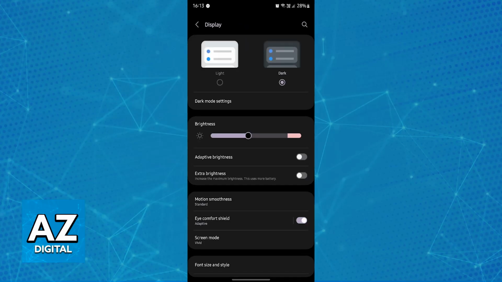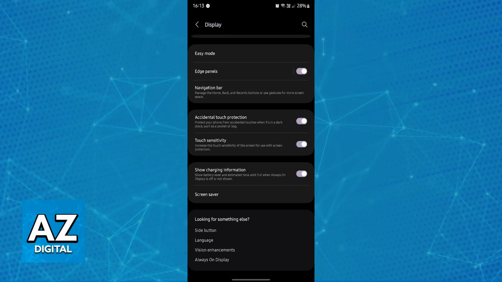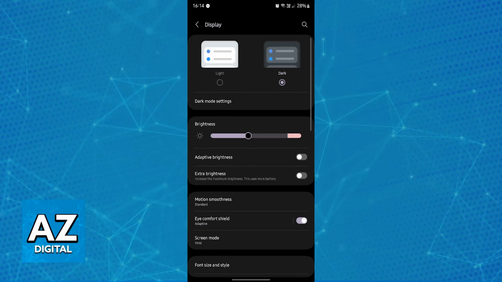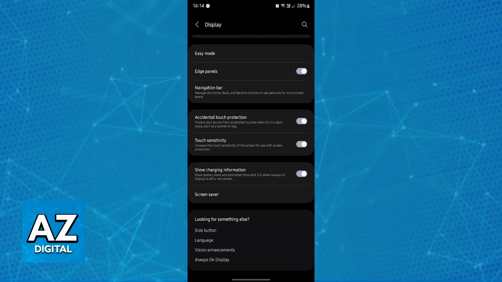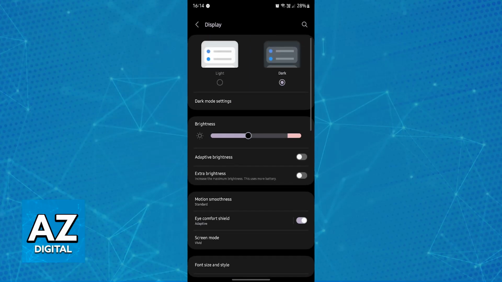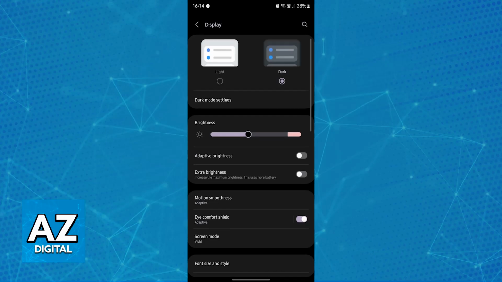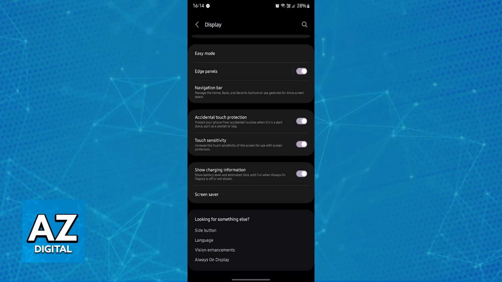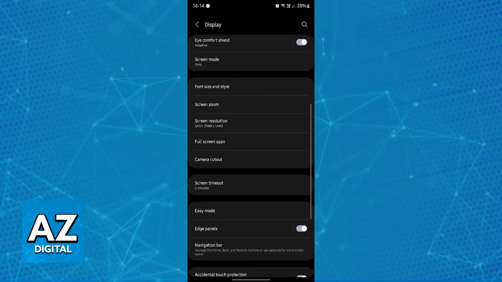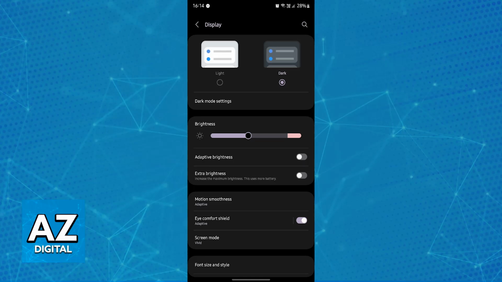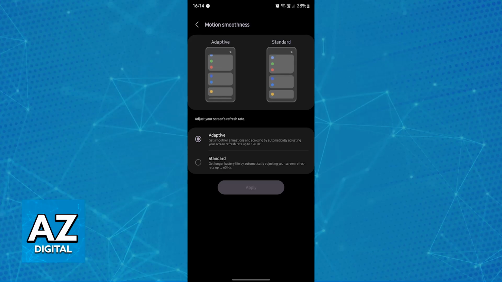By default, you will have standard. This is very jittery because the screen is not going to be updating constantly. So if you are playing fast-paced games or you are browsing daily and you are scrolling up and down, you will notice that the screen is jittery, it cuts into itself, and it isn't a very pleasant experience. Now, if you change it to adaptive, then you will be able to reach the highest refresh rates offered by your device. Just scrolling up and down, you will absolutely be able to tell the difference. So to keep it simple, go into motion smoothness and change it to adaptive.